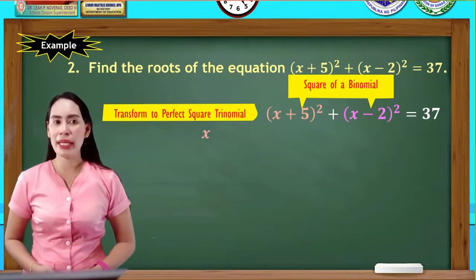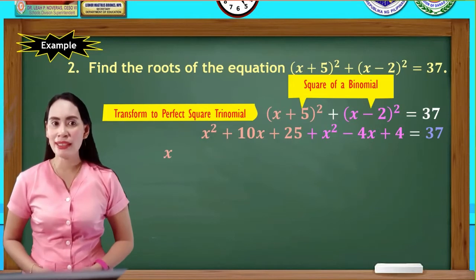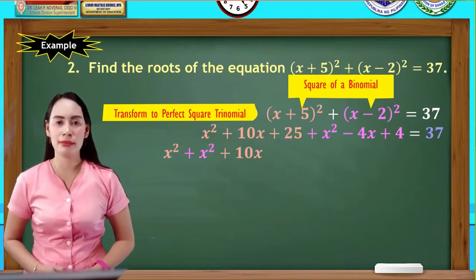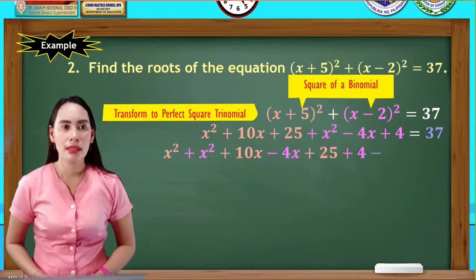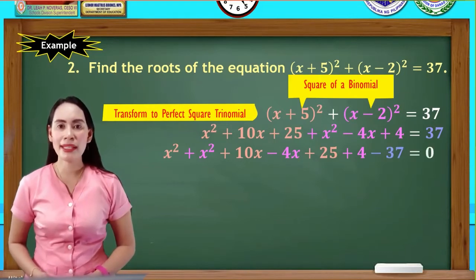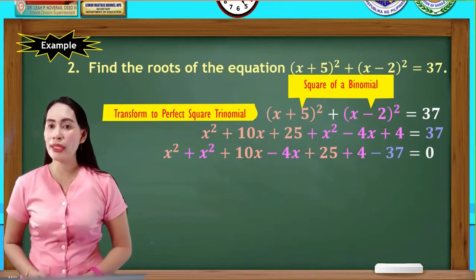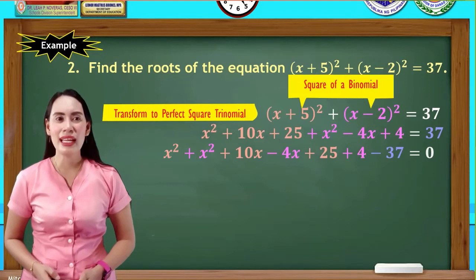So the equation becomes x squared plus 10x plus 25 plus x squared minus 4x plus 4 equals 37. Then, group like terms. X squared plus x squared plus 10x minus 4x plus 25 plus 4. And transpose